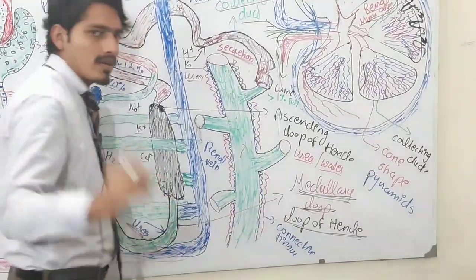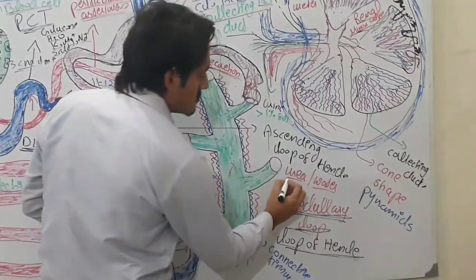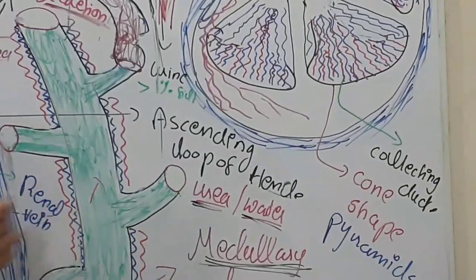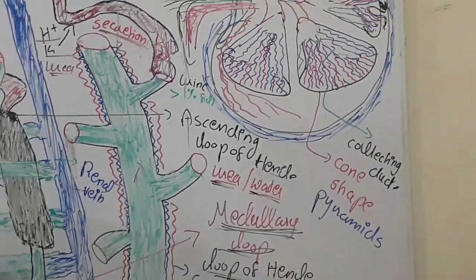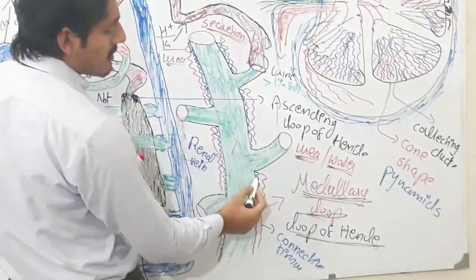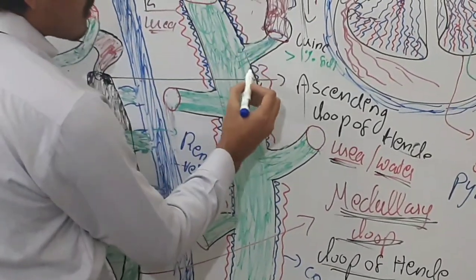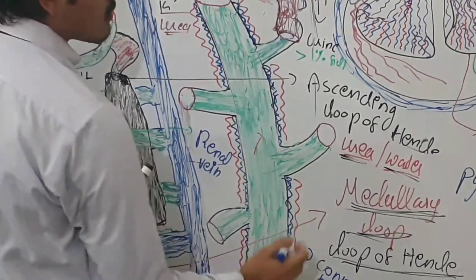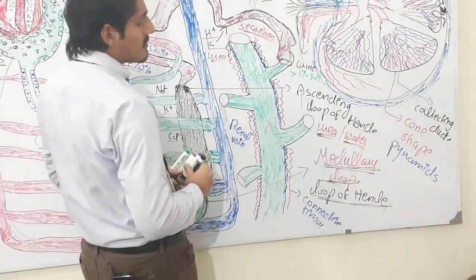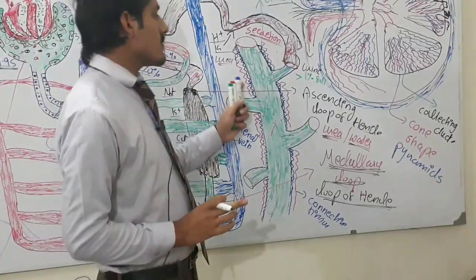This one is the collecting duct. In the collecting ducts, urea and water are again reabsorbed. The collecting ducts are supported by a tissue called connective tissue. Here you see a blue-shaped structure around them, supported by connective tissue, and behind the connective tissue, in red color, is an artery. They are also supported by an artery, the blood supply. So clear? This one is the collecting duct.